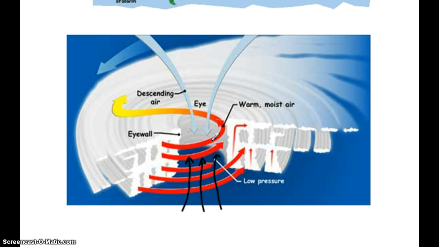So there's less air left near the surface. In other words, that warm air is rising, so we're creating this area of low pressure right in the center of the storm. Then air from the surrounding areas with higher pressure tends to flow in to replace that air that is rising. As the warm, moist air rises and cools off, the water in the air forms the